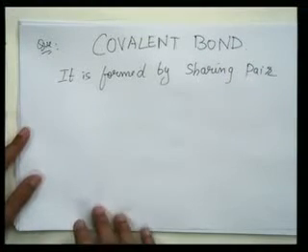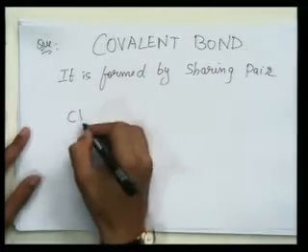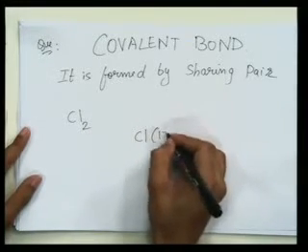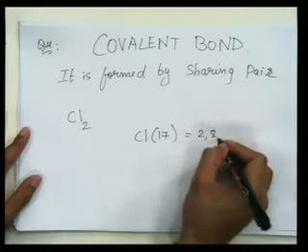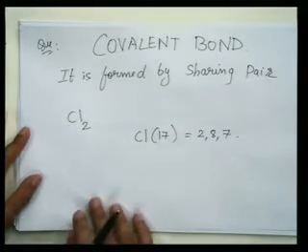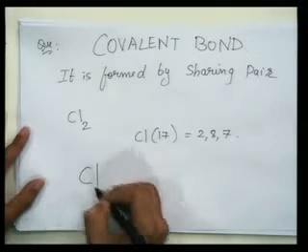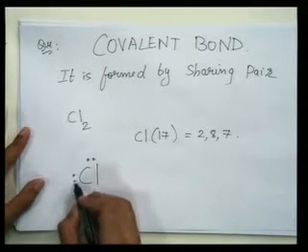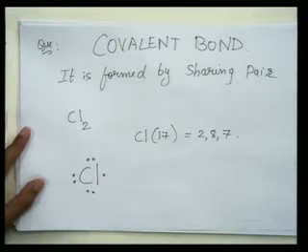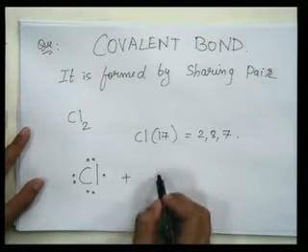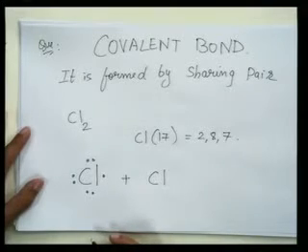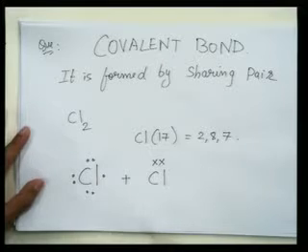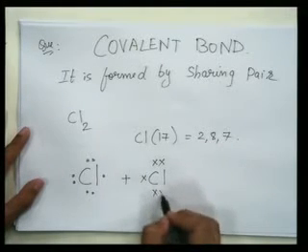Let us take the example of your chlorine, Cl2 molecule. Now we have chlorine configuration, atomic number having the 17, so configuration having 2, 8 and 7. It means if I want to show, I can show it like this. This is a chlorine. I can put 7 electrons into the outermost orbital, that is like this. Now what happens? Another chlorine molecule is going to form a covalent bond with chlorine molecule. For distinguishing it, we can put up the cross sign, and look here, we can put up like this.